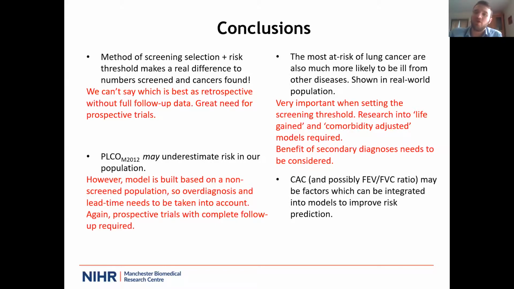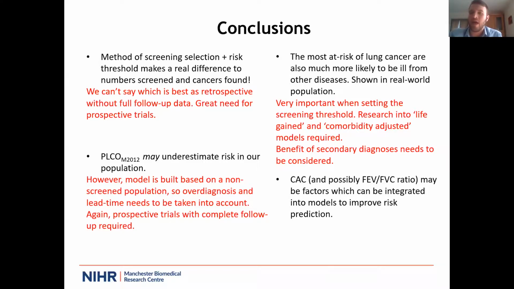We also show that those most at risk of lung cancer are also the most likely to be ill from other diseases. This is quite unique because a lot of the previous research has been in randomized controlled trial populations, and they have a lot of healthy volunteer bias. So we show in a real high-risk deprived population that there is a very, very strong association between comorbidity and